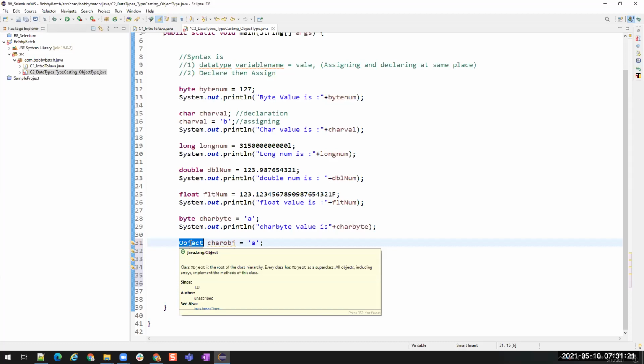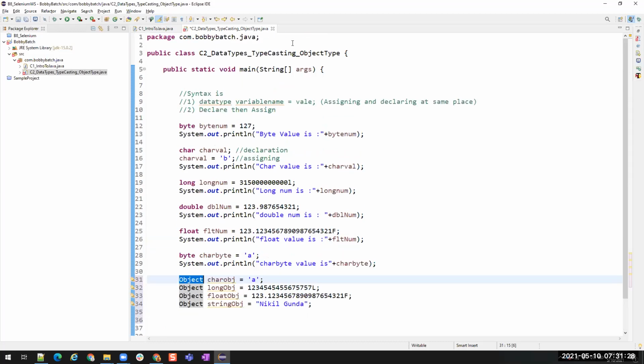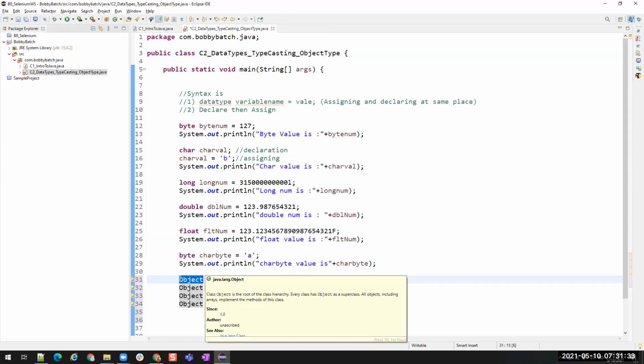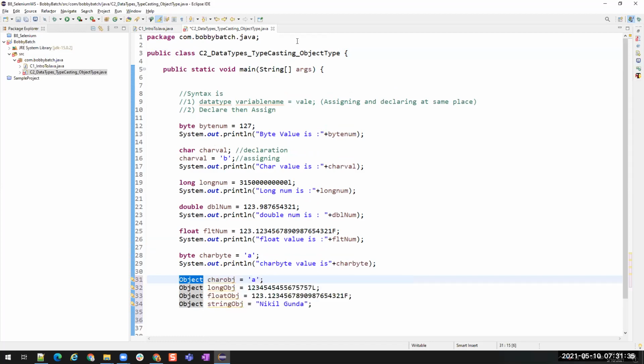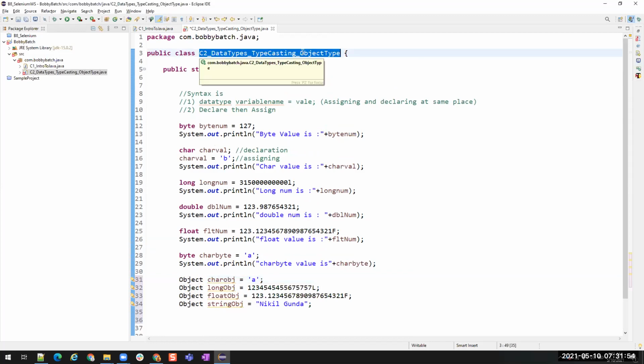Object class. We have a class in Java which is the object class. This is the root class for everything. Every class we create will be a child class of this object class. You'll understand the purpose and the need of parent and child once we go to the inheritance concept. But now just remember that the object class is the parent class for any class that we have or that we create in Java.